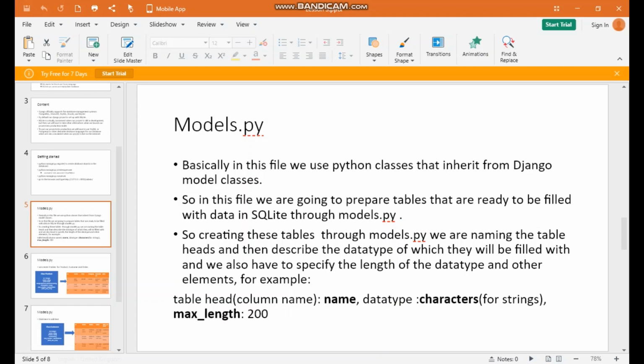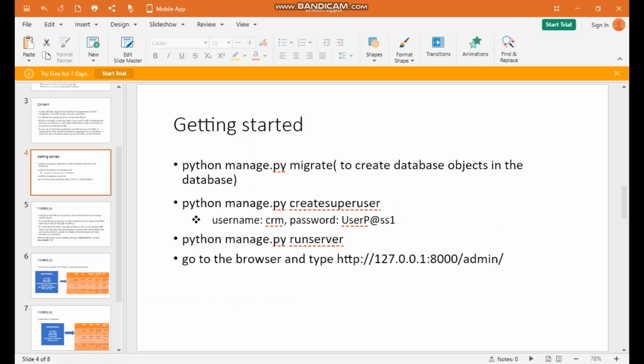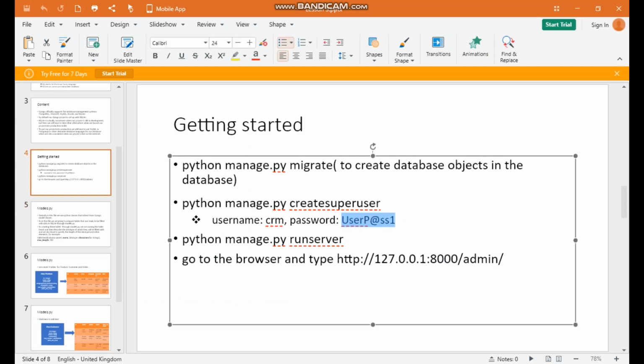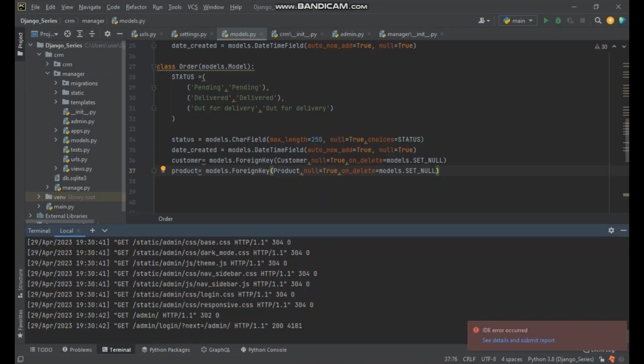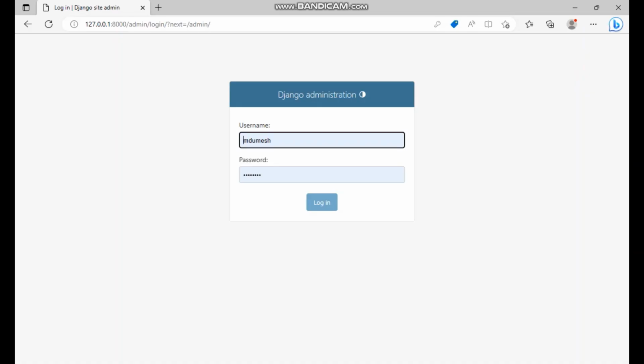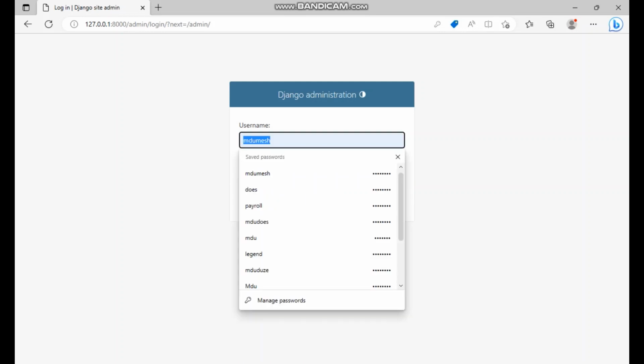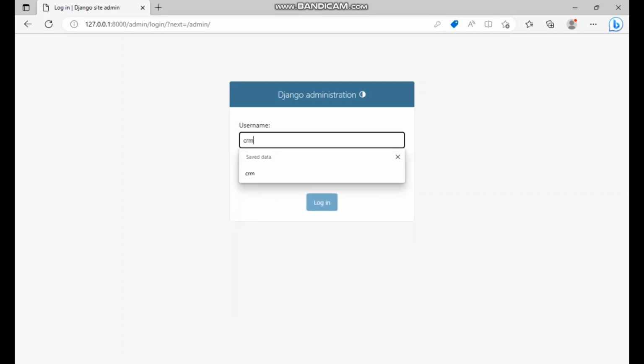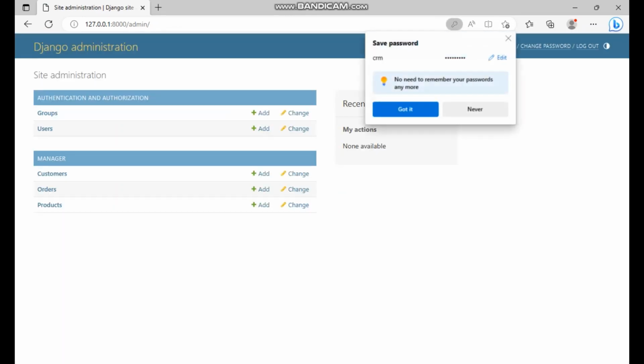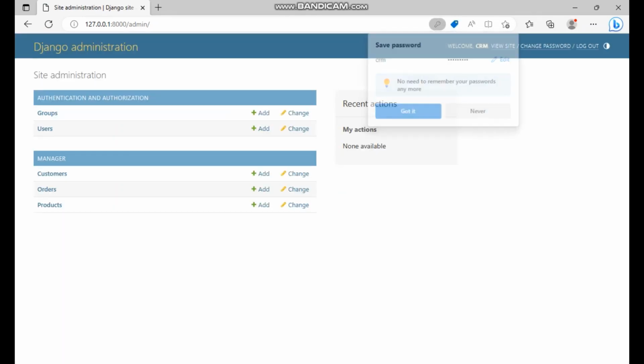So let's go look for the password. This was our password. Make sure that you save the password in a safe place, right? Because otherwise it's not going to allow you to log in to your database. So as you can see,